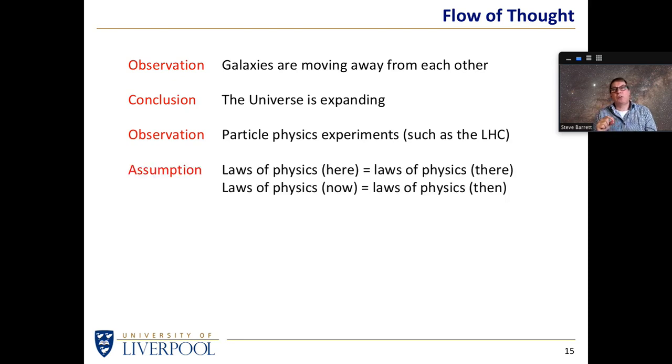We do have to make some assumptions. We can't start absolutely from scratch. We have to assume that if we start to understand the laws of physics, then the laws of physics in one place are the same as the laws of physics in another place. In other words, if the laws of physics for me were different than the laws of physics for you, then we can't make any progress. We can't make any advancements in our understanding of how the world works or how the universe works. We also have to assume that the laws of physics now are the same as the laws of physics in the past and in the future.